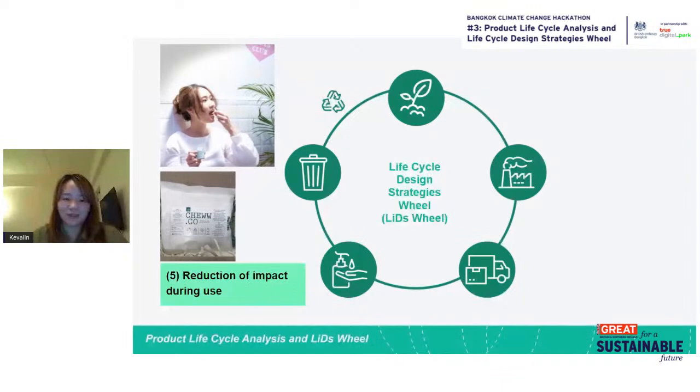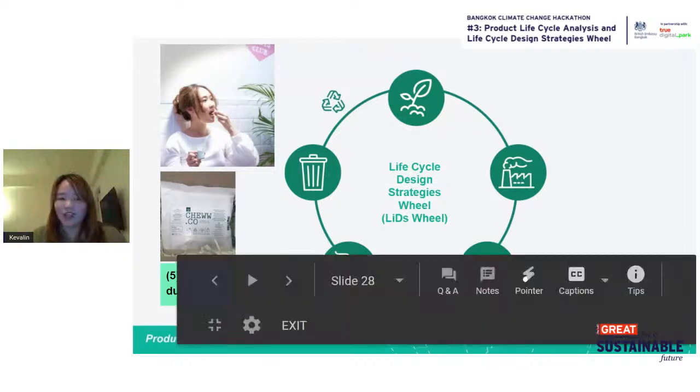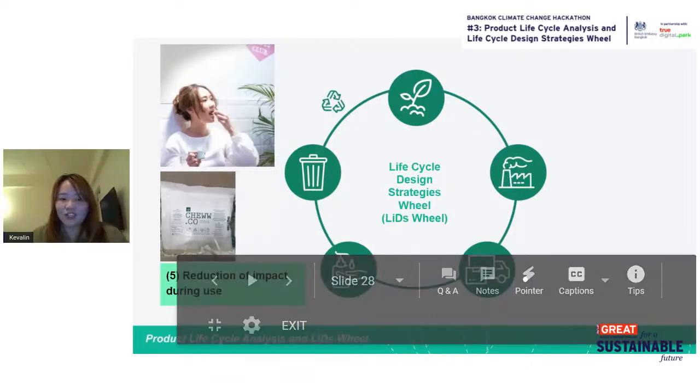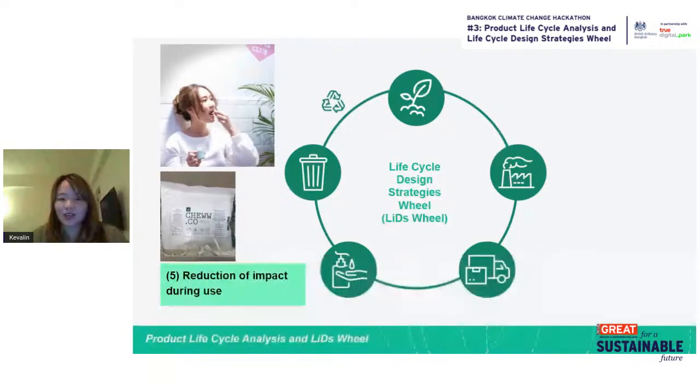Then in the use phase, the fifth strategy is reduction of impact during the use. This can be done in many ways. In our case, we encourage customers to buy tabs in a glass jar only for the first time, and then refill the new tabs in the same jar. So customers can get the refills from the bulk buy stores around Bangkok or subscribe to the membership program and receive the tabs in a paper sachet every 3 months. With this model, we can keep the same glass jar in the loop longer.